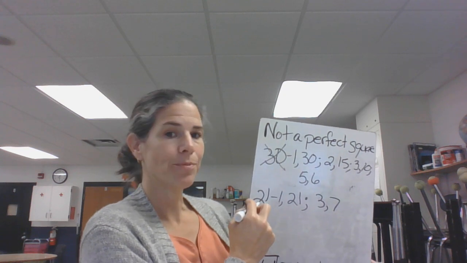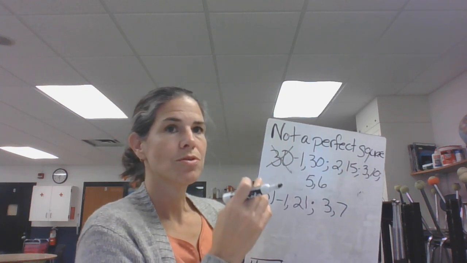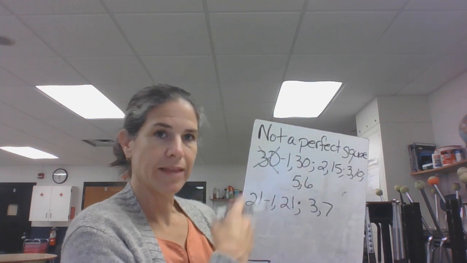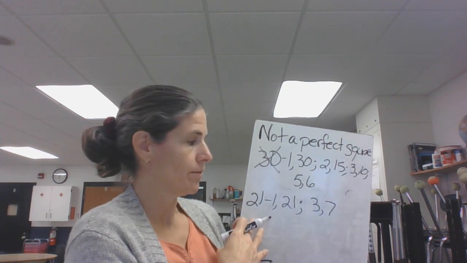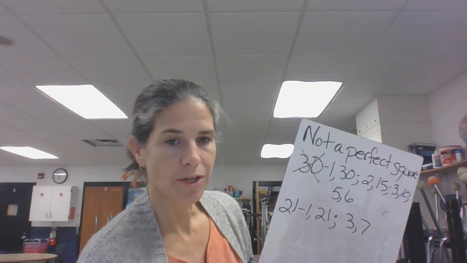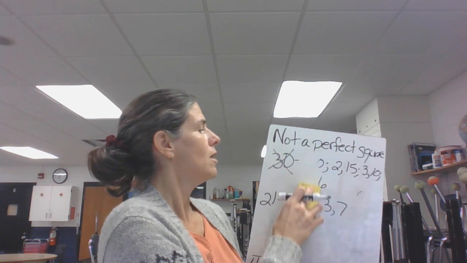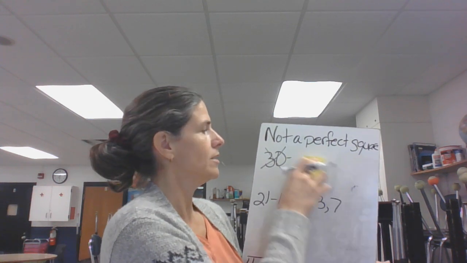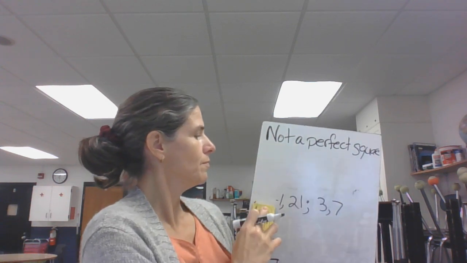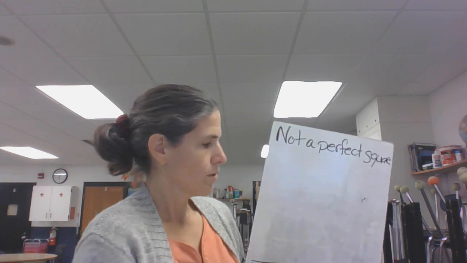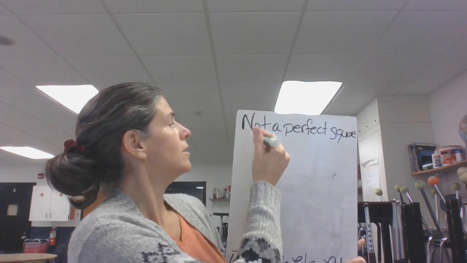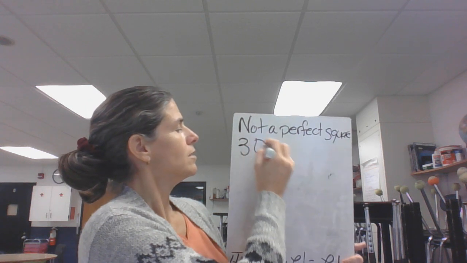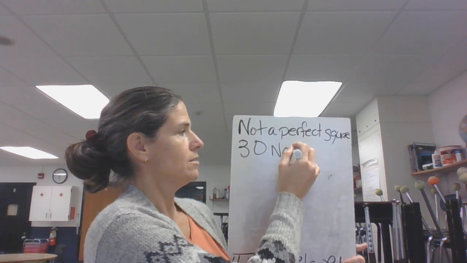But this is not a perfect square because there's no whole number that multiplies by that same whole number to get to 21. When you're showing your work to explain whether or not it's a perfect square, you can say 30 is not,